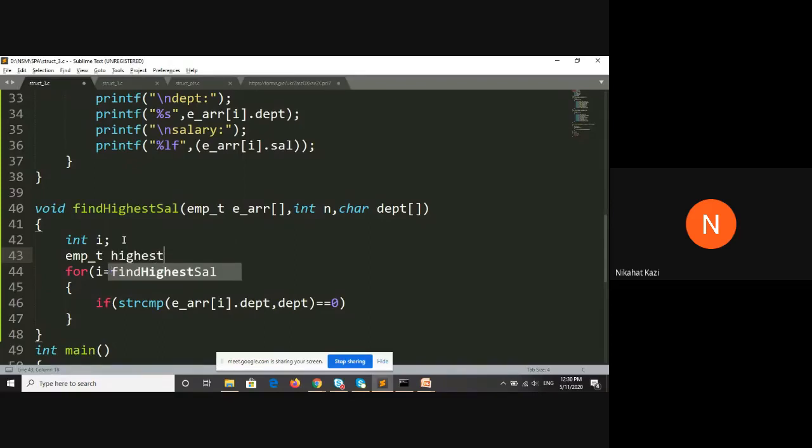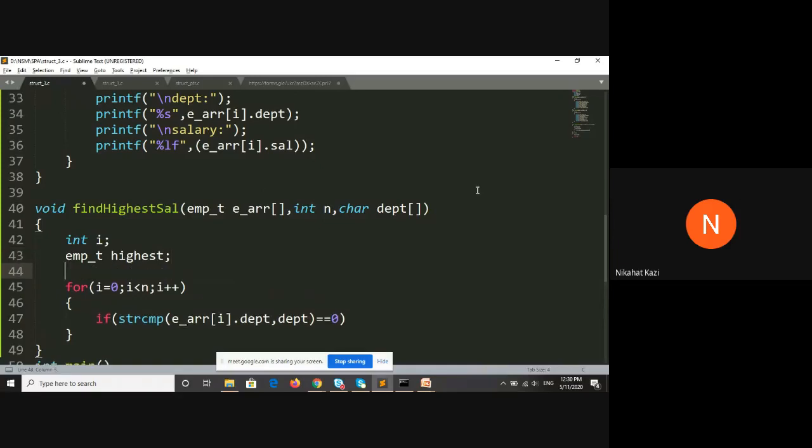One variable we will create, and the highest salary we will set to 0 initially, because this employee's salary is what you have to compare every time, and then you have to save the corresponding employee to this variable, right? So initially let us assume the salary is 0.